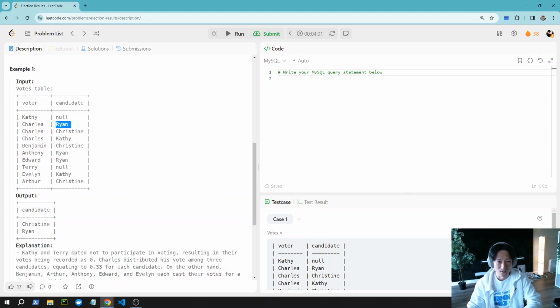So for example, Charles is going to have three, and the weight is going to be one divided by the count of candidates. After I compute the weight, I'm gonna join the weight to the right side of this candidate, and then I'm gonna just sum the weights grouped by candidate,